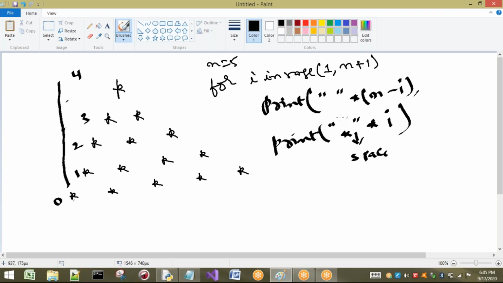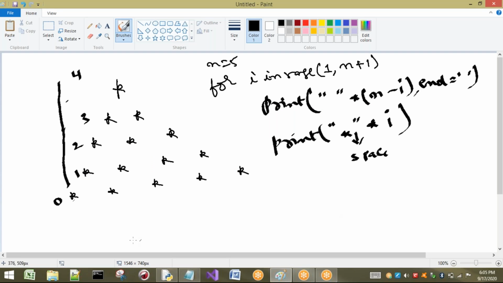For every space it will go to a new line, so that I don't want to go to a new line. I don't want to end with... what do I want to end with? Some space or some empty. So this is the program I am going to execute now. So we are going to get the output as an equilateral triangle pattern.